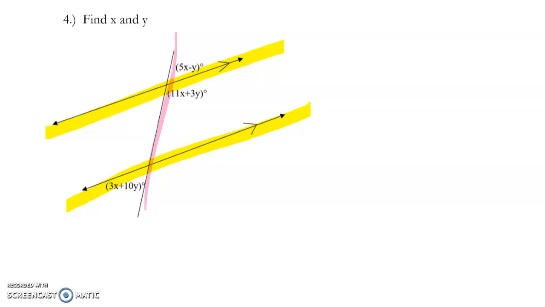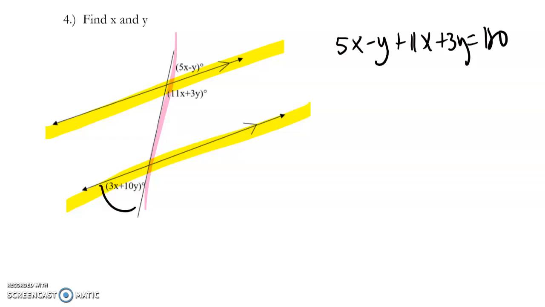So because these are adding to 180, we could say that 5x minus y plus 11x plus 3y equals 180. That's one equation. That's true. The other thing that's true is I'm noticing that this angle here and this angle here are alternate interior, or excuse me, exterior. They're outside of the line. And the alternate exterior